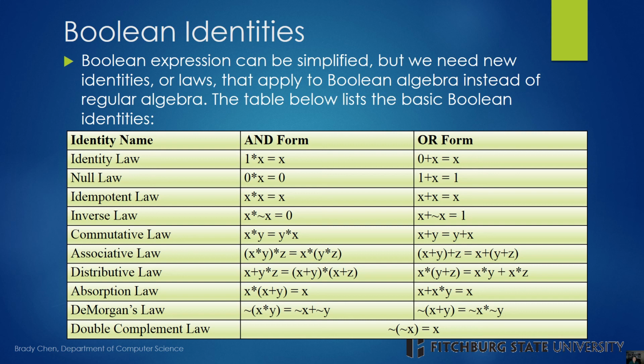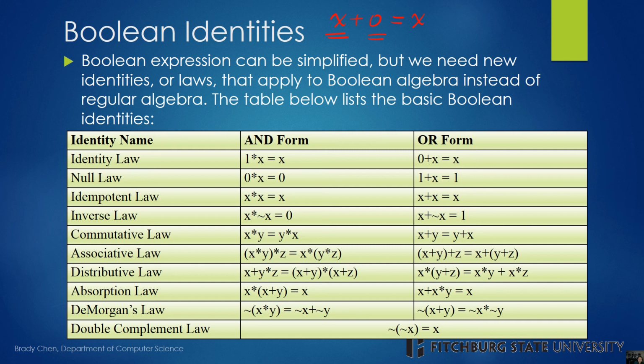For example, when we talk about algebraic identities, we have x plus 0 equals x, which basically tells us that anything, which is x here, added to 0